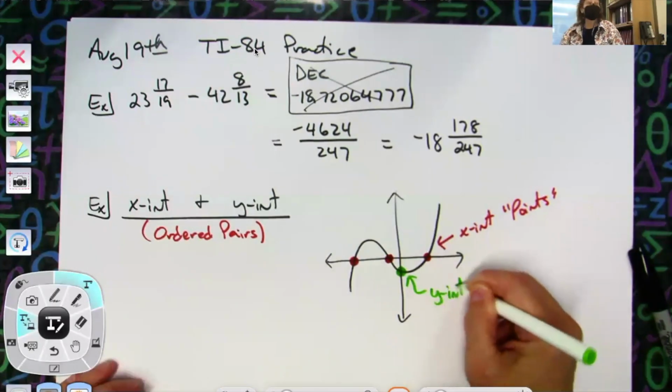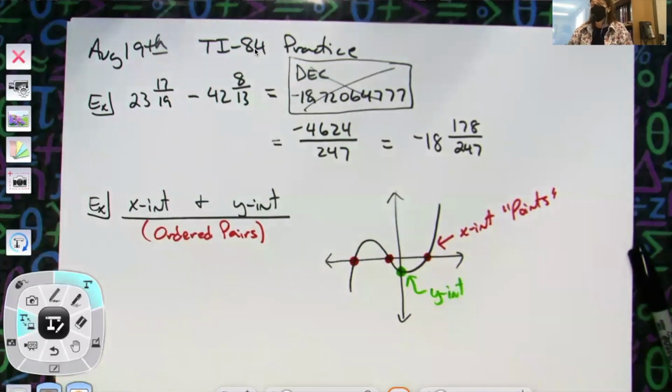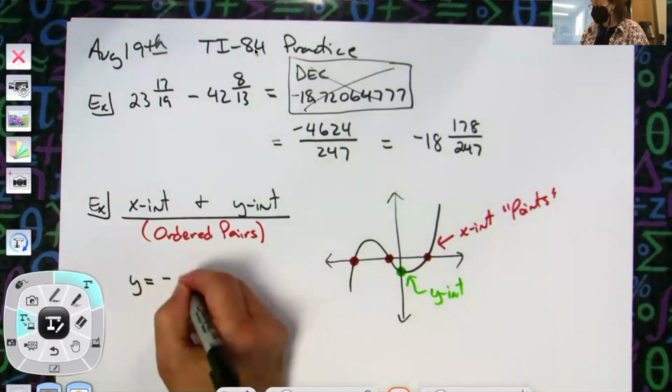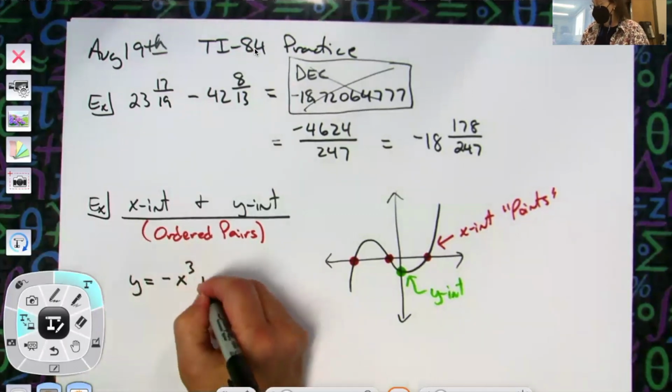If I try to do this with a different color, y-intercept right there. And again, see that it had one y-intercept. Because most graphs, no, I won't say that, even most. We'll just say at least the ones that we're going to work with this year are probably going to have one y-intercept. So let's say we had y equals negative x to the third plus